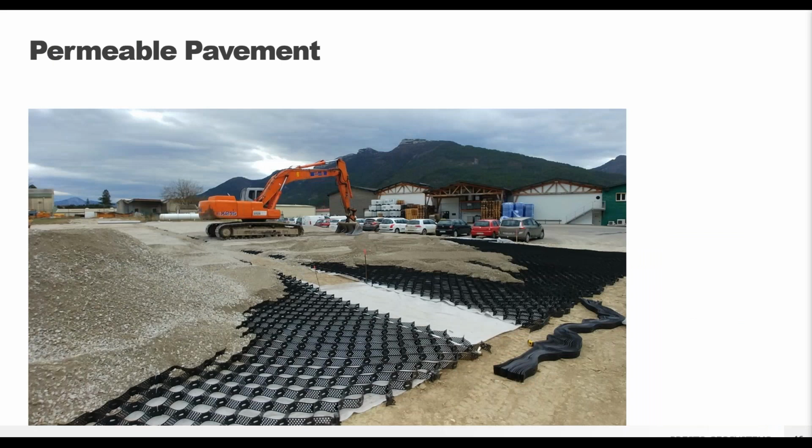So for permeable pavement, this was a project where the local stormwater regulations limited the amount of hard surface paving. So in order to expand their parking lot, this business turned to the GeoWeb system with a permeable infill. The sections were filled with an aggregate with a very low fines content to create this porous pavement that allowed the water to drain naturally. The aggregate allows infiltration when that fines content is low, think around 10% or less usually, so those void spaces between the stones stay open and allow for free water movement.